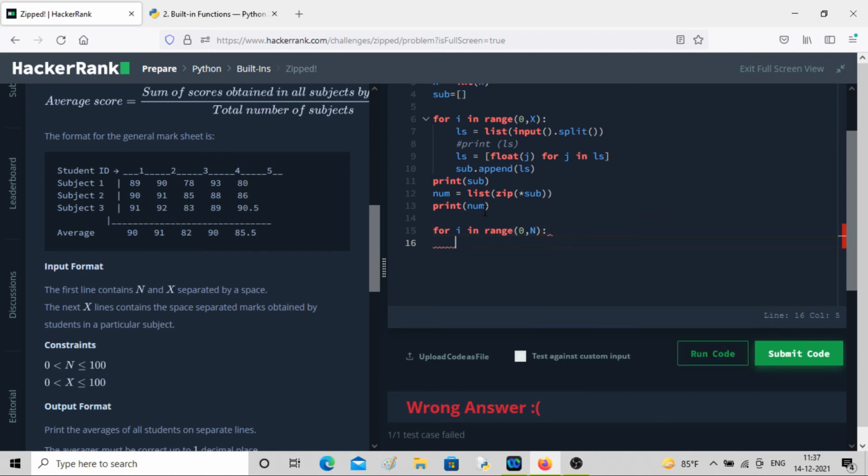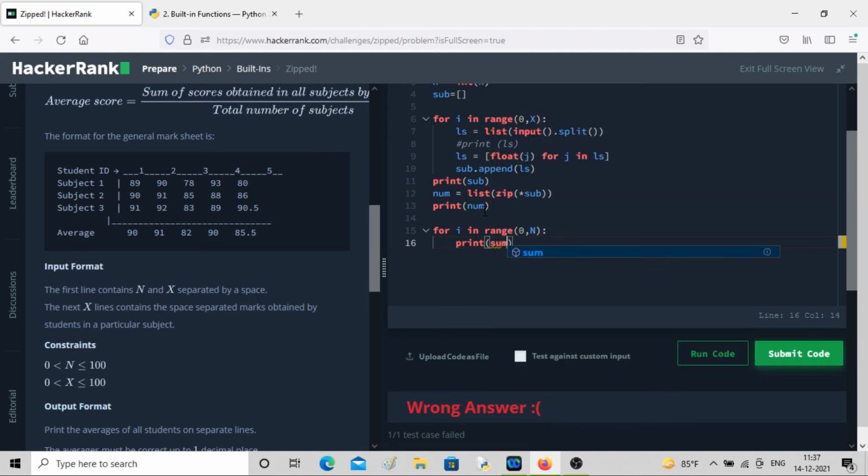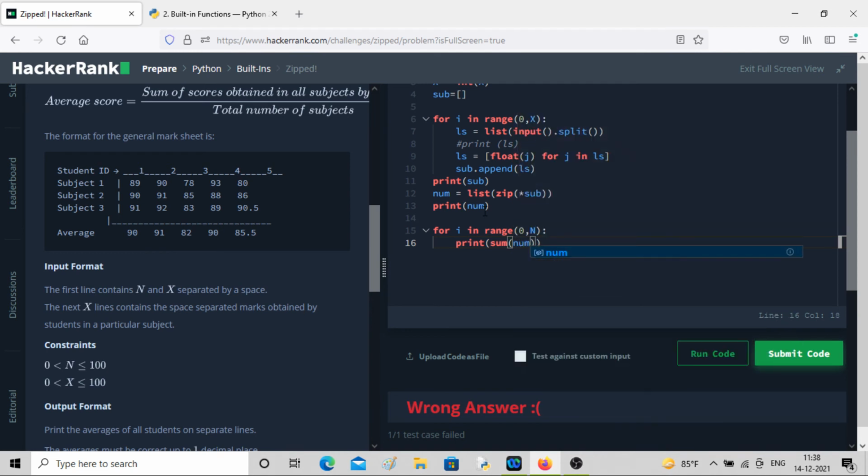And then I'll print it. Print the sum of all the elements for each element I and divide it by x, right? This is what we will do. So each element I goes from 0 to n, right? So a total of 5 students are there.